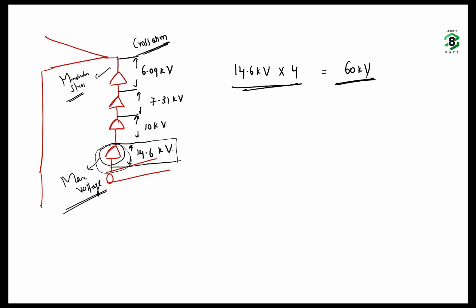So a disk designed for 60 kV, here it is not even used to 1/10 of its capacity. So this uneven, non-uniform distribution of voltage in the string of insulator is undesirable. Why? Because it will lead to more insulation cost and underutilization of the insulating material. Understand? Underutilization of the insulating material.